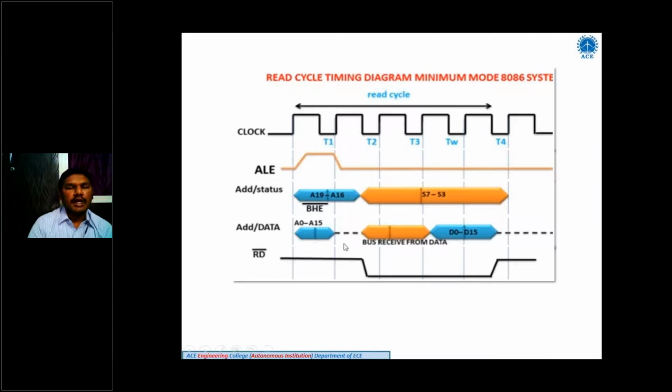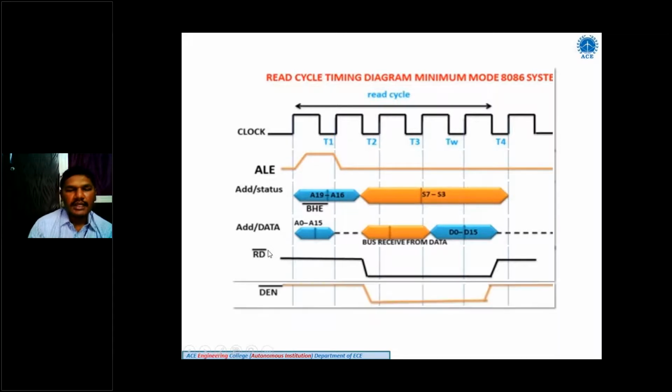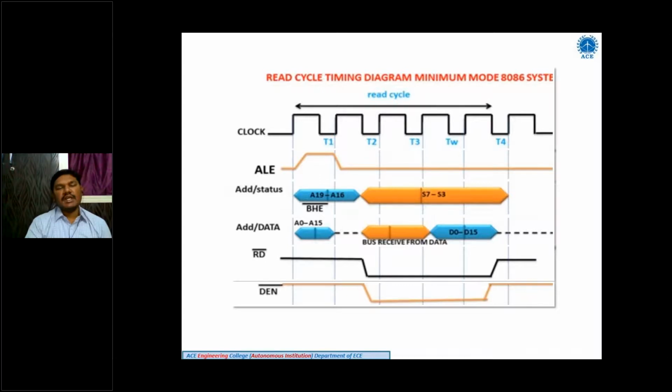So RD bar means the reading signal must be low. So here, to read the data, the address is here 1 means inactive, 0 means active because it is bar. So here, from this bar up to this data is completely red. It is low. Low means active because of bar or complement. And here DEN bar means data enable bar, whether it is reading or writing. If it is 1, it will write data. If it is 0, it will read the data from the memory to the processor.